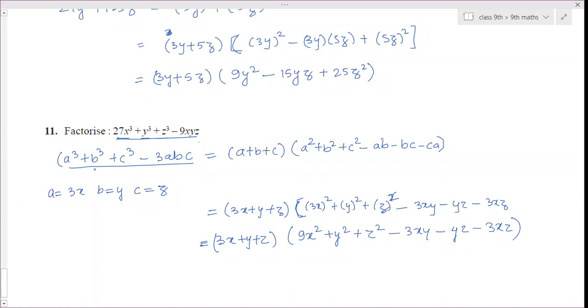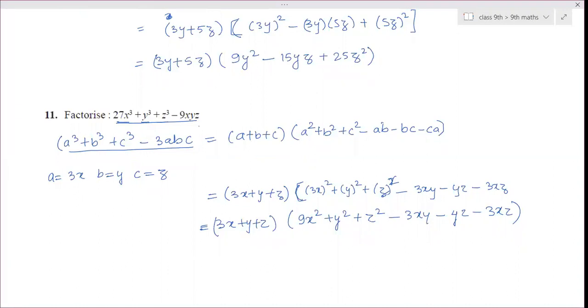Clear? Yes, ma'am. So more questions we have to go through, that is from RS and RD. First we are finishing the NCERT and then we will go through them one by one. Every polynomial, every identity, again we are going through. NCERT over, right? No, still not. Still our questions are there. 13, 14, I think there are 15. 16 questions are there in total.